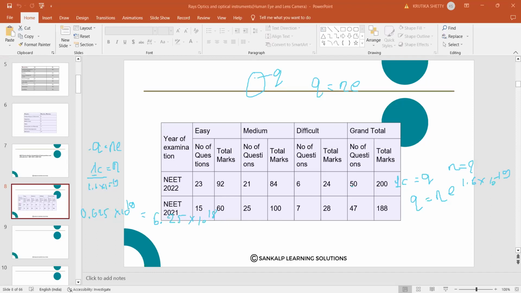So in the properties of the charge, we are able to explain the 3 special properties here. That is, charge is quantized, charge is conserved, then charge is additive in nature. I hope it is clear to you all. I am going for the next point, that is the unit of charge. So what is the unit of charge here? The charge is expressed in terms of coulombs.